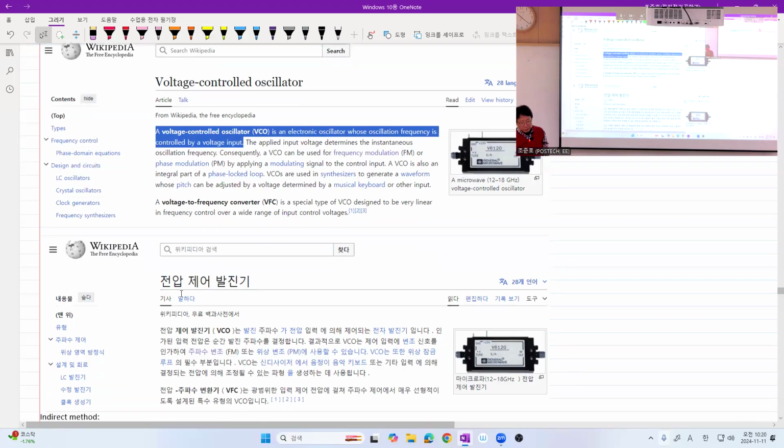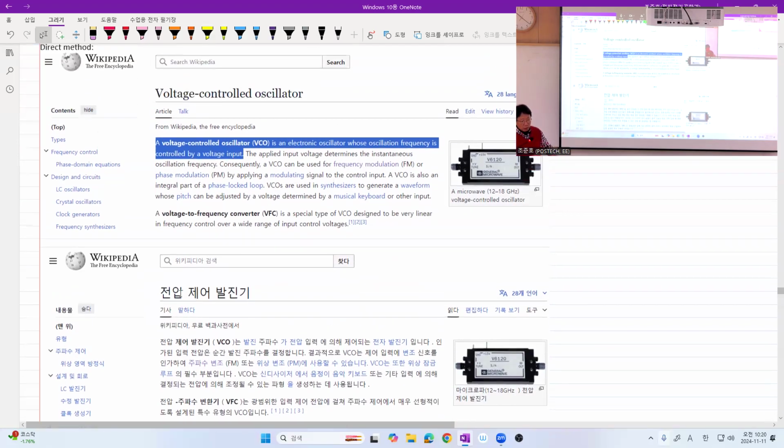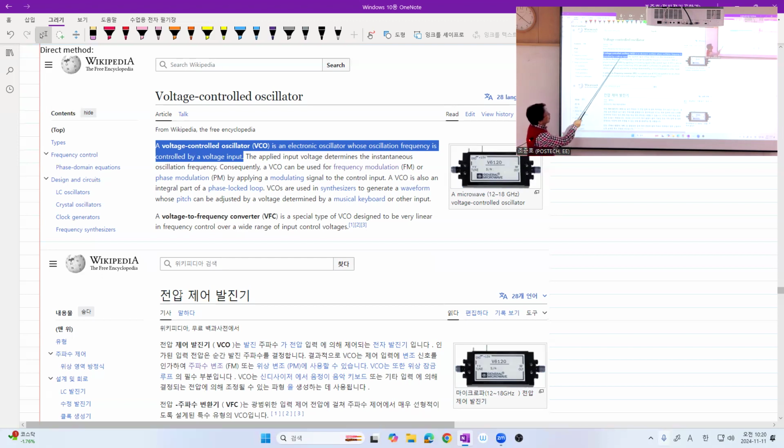So here goes the voltage controlled oscillator. Interestingly, it looks like that, and its oscillation frequency is controlled by voltage input. This is exactly what we want to implement a frequency modulator. The output signal's frequency is proportional to, or an affine function of, the input signal. Isn't that good? So as long as we have a voltage controlled oscillator, we don't need any other thing to generate